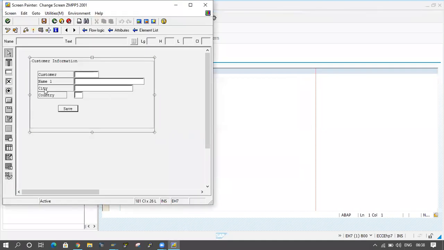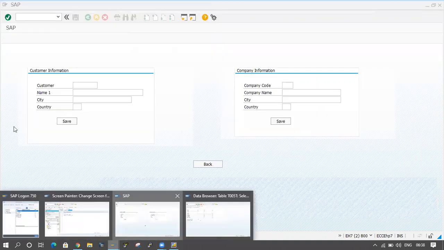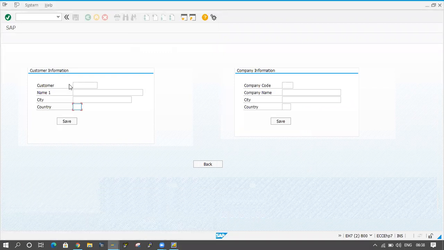This is the customer information. I also want to do the changes in the customer only. So this is the output, and here customer information is coming. In this customer information, country is coming. For this country I want to give a drop down. If I click on the down arrow mark button, then I want to display some country codes here. These all are the default values. Whenever the screen is coming, at that time only those country names should come here.